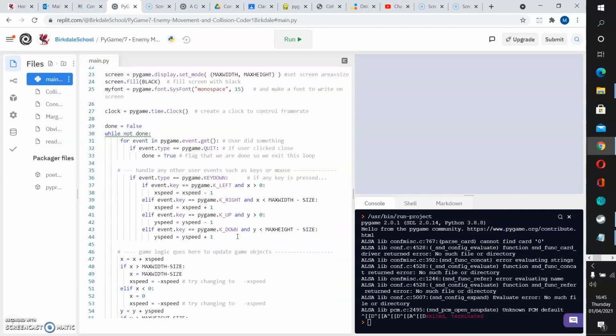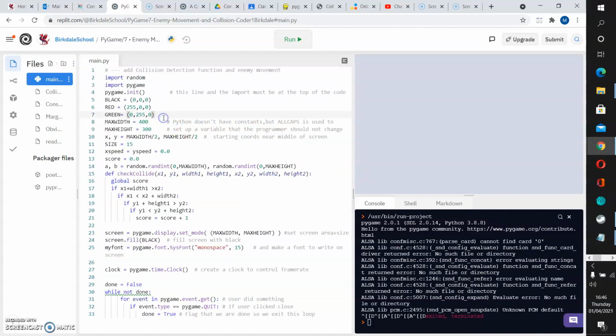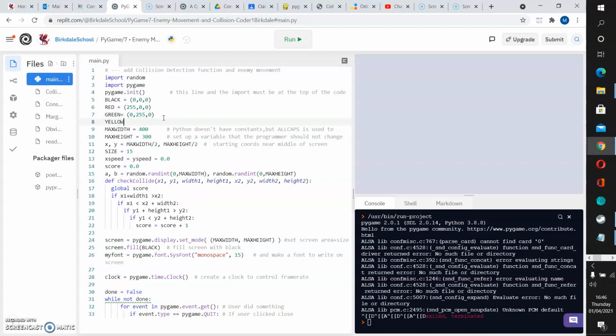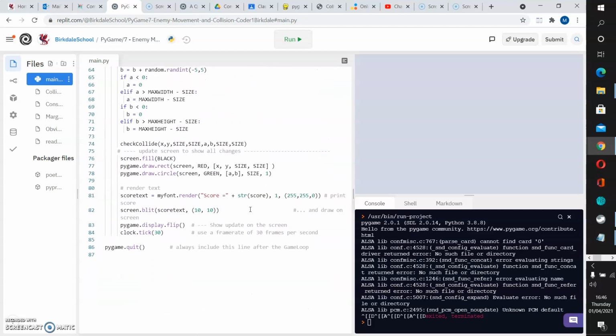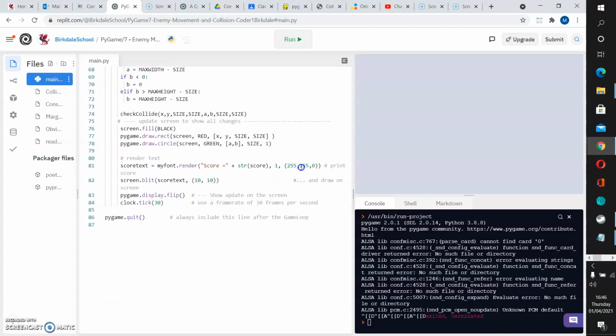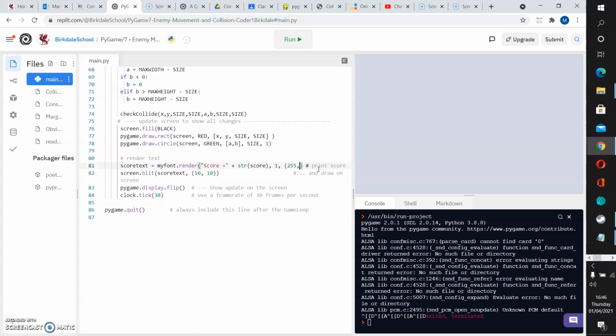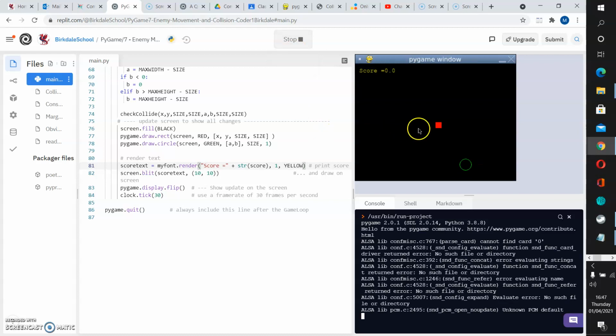And just to tidy this off, I'm going to go up here. I'm going to put yellow equals 255, 255, 0. And then I'm going to come down here to where I'm drawing my score, and I'm going to tell it to use yellow at that point there. So here we have it. Our yellow score is appearing there, and if I click in here and connect with that, you can see that when it hit the green circle,